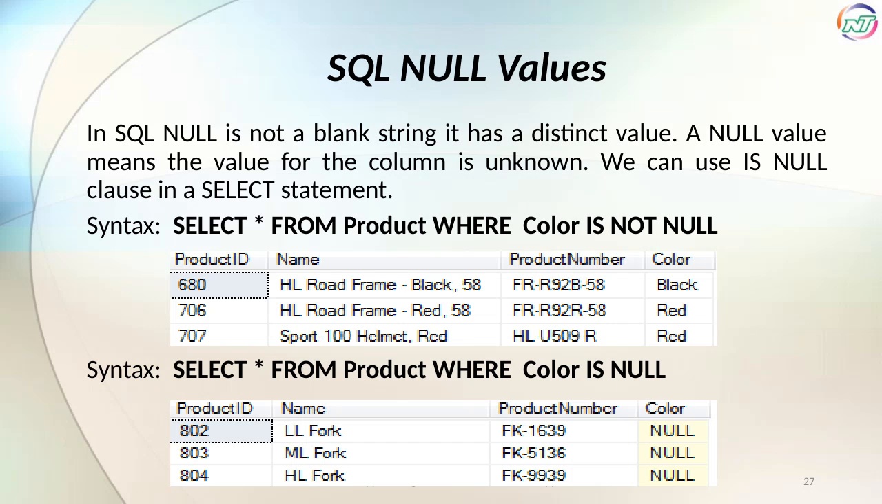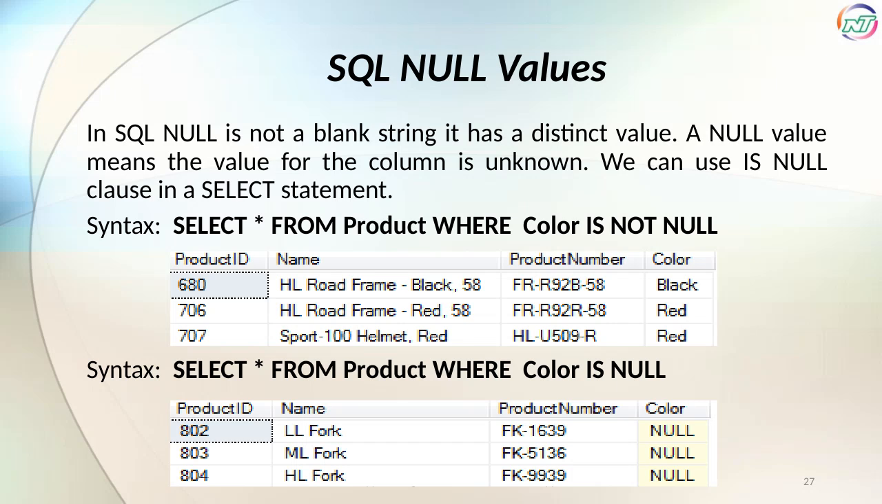you use IS NOT NULL in the WHERE clause. This distinction is crucial when filtering data, as comparing with an empty string or using equality operators won't work the same way with null values. The examples here show how to query a table to find either known or unknown color values using these IS NULL